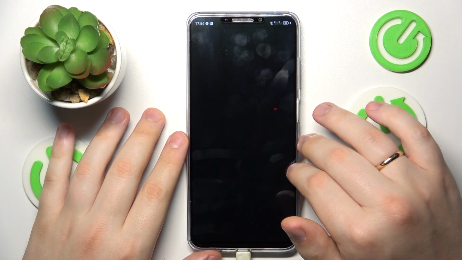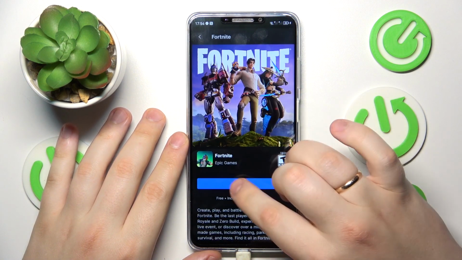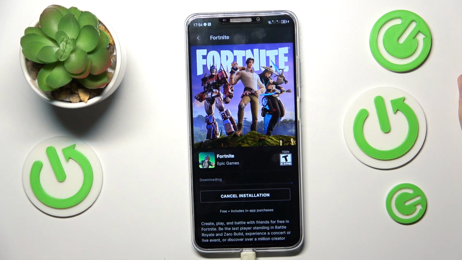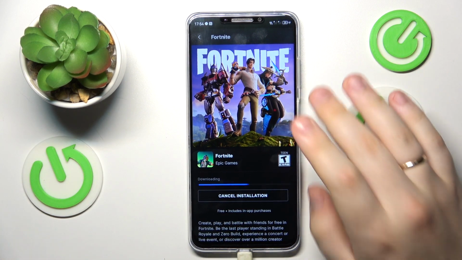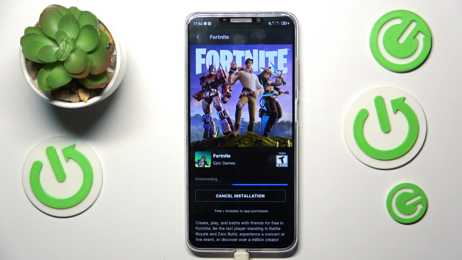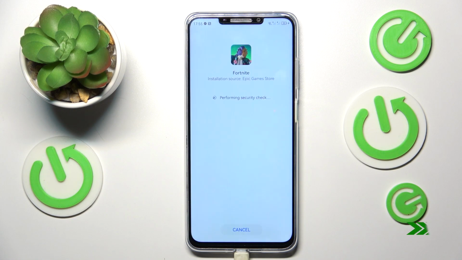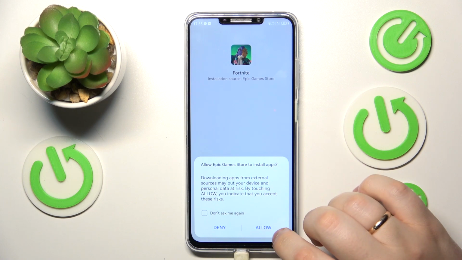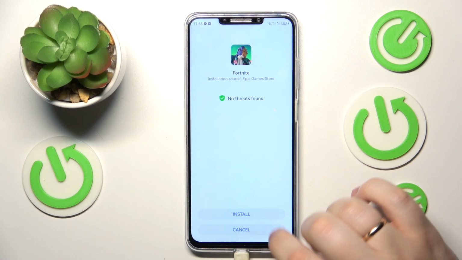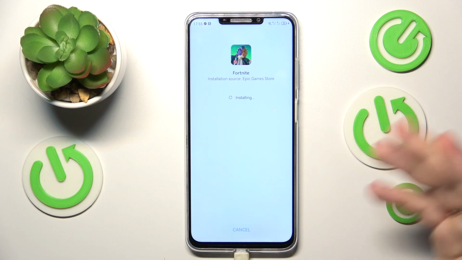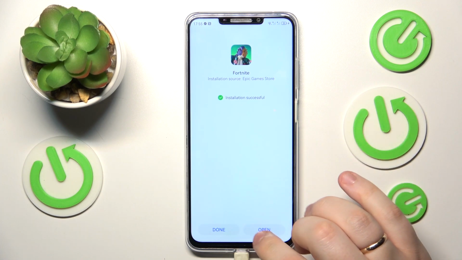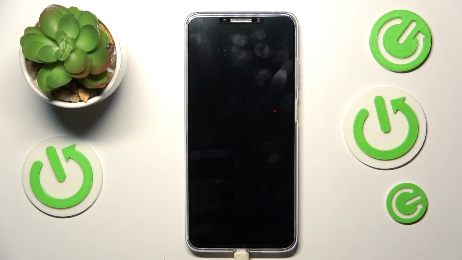Onwards, enter the Fortnite game page and tap at the install button over there. Now we will need to wait for a minute or so for the Fortnite game to be downloaded. So now let's allow Epic Games Store to install apps, then install the Fortnite game, and upon installing you can just go ahead and launch it, and all that remains is for you to wait until the Fortnite will download